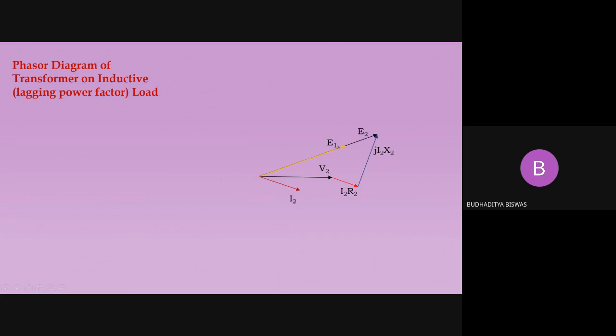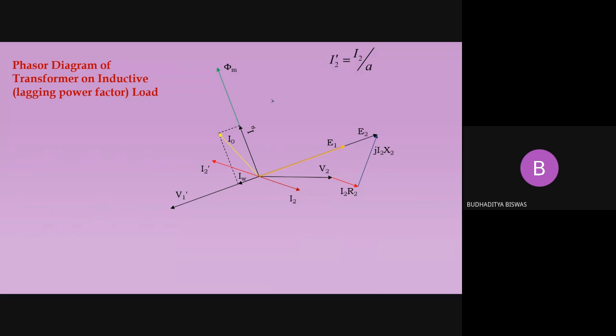After that, E1 and E2 should be in the same line. Phi should lead E1 and E2 by an angle of 90 degrees. Then we need to extend E1 in the opposite direction to get V1 dash, which is the primary winding applied voltage. Then in the same axis, Iw should fall, and in the phi axis, I mu should fall. The summation of these two things is I0, the no load component of the current.